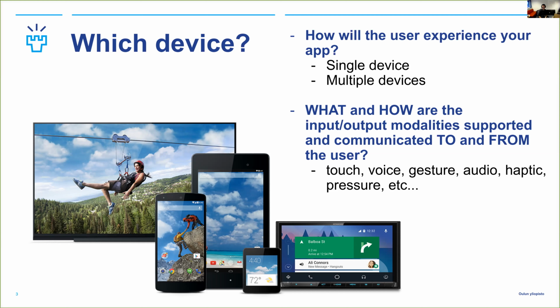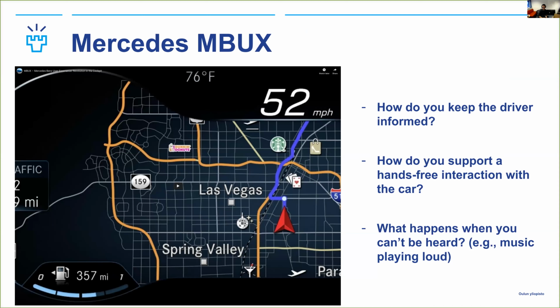We are mostly familiar with touch interface or touch interaction as input, but there's also voice, and you can also use gestures. You can use sound, vibration, so haptics, pressure, and others, like, for example, bending or heat, in order to input or output something from your application. And so here's an example of the Mercedes-Benz interface on